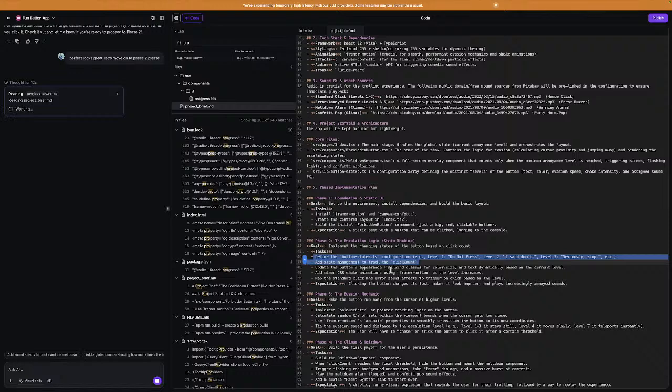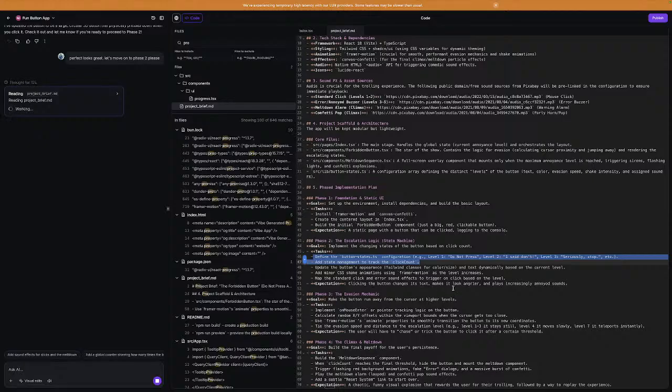Update the button's appearance, Tailwind class, and text dynamically based on the current level. Add minor CSS shake animations using Framer Motion, and map the standard click and angry sound effects to trigger on click based on the level.